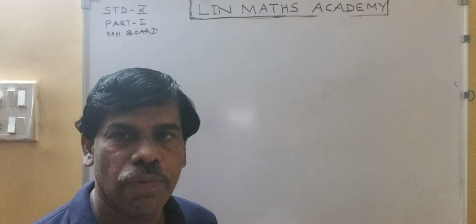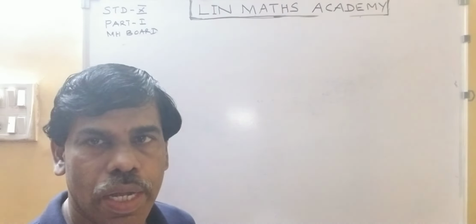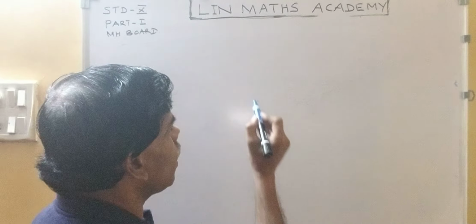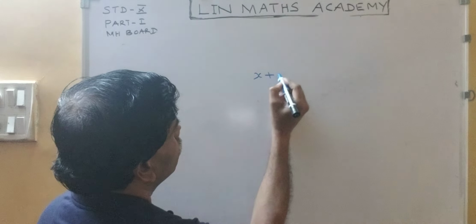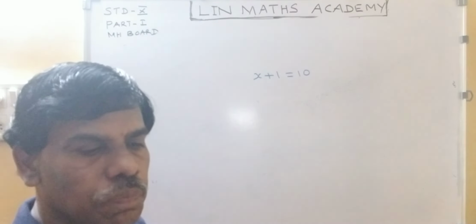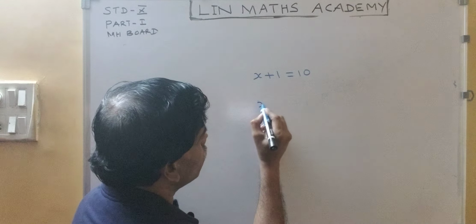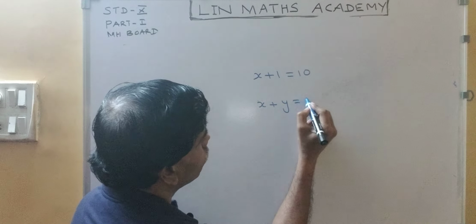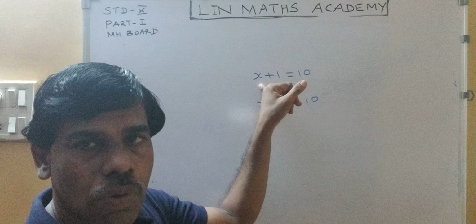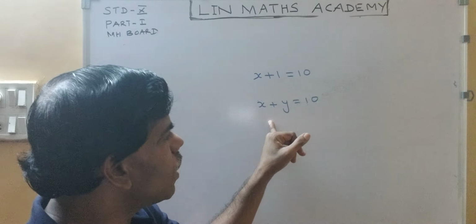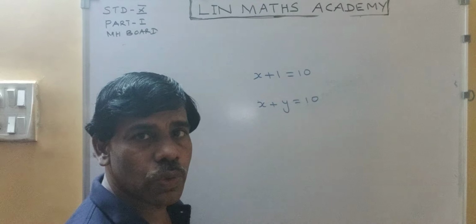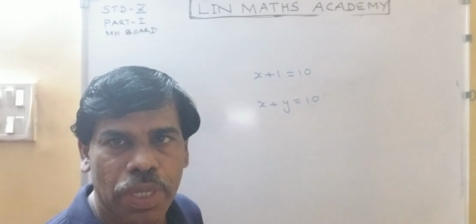Dear students, today we will start a new chapter called quadratic equations. Now, you have studied linear equations in one variable, right? Similarly, you have studied linear equations in two variables. That means a linear equation in one variable involves only one variable, and a linear equation in two variables has two variables, say x and y. Now linear means, as I told you, the maximum index of the variable should be 1 only.